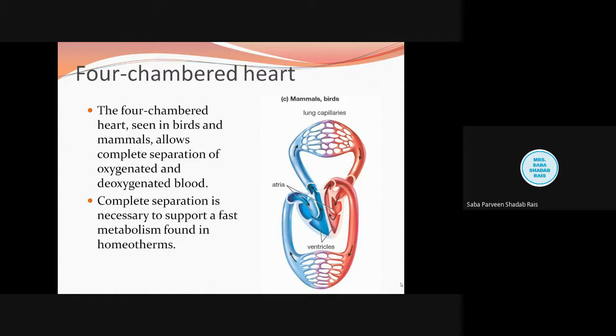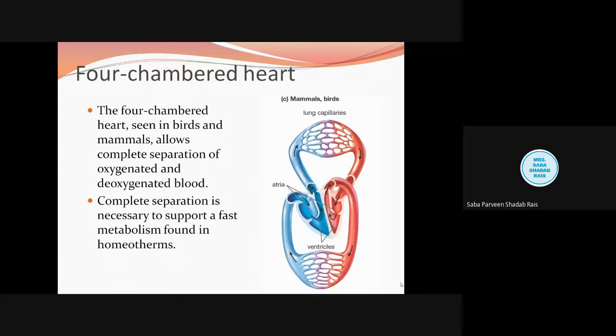To support the new advanced metabolic rate, there is a need for more and more energy, and this energy can be harvested with oxygen only, because whatever food we have eaten, until and unless it is oxidized, it will not give out the ATP, or you can say the energy. So for that reason, there is a need for more and more oxygen. To fulfill the required oxygen demand, the blood should be completely oxygenated, because the lungs are doing their task properly, but the blood is mixing.